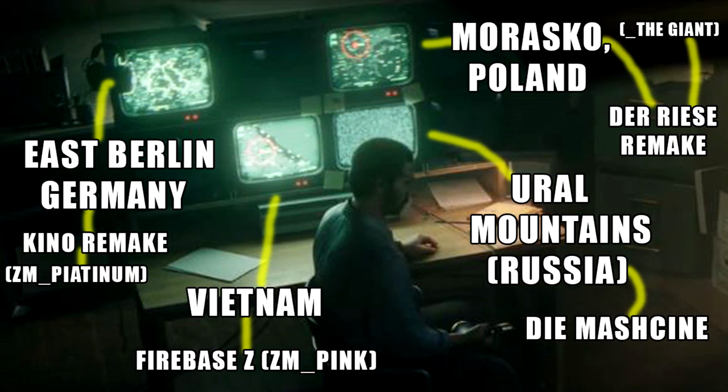But yeah, since we got those 2 maps down, of course the Vietnam Zombies map being in Vietnam, and thanks to Glitching Queen figuring out that the D Machina map is connecting to the bottom right monitor where it says it's in the Ural Mountains, we are now left with 2 other maps: Kino der Toten and the Giant, or the Deathrice remake. Okay, so I'm gonna start on how these locations for these areas make sense, and we'll start with Kino der